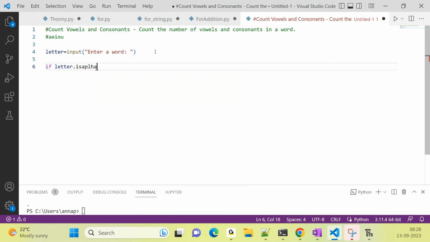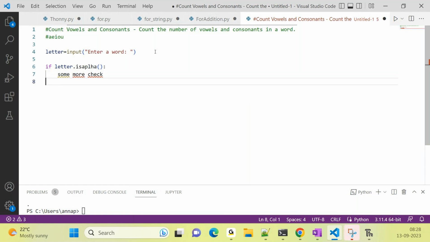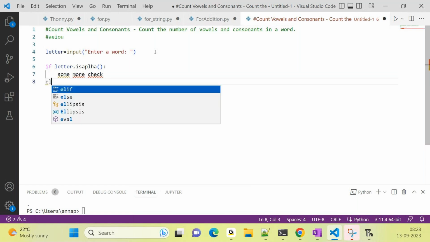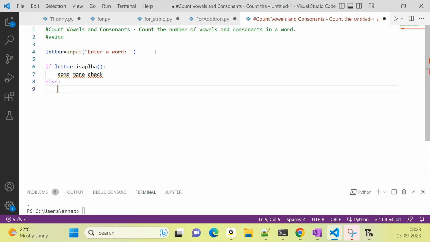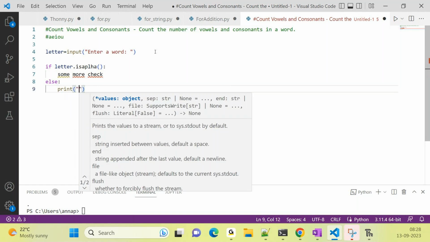It is going to tell whether the given letter is an alphabet, because I cannot find it in a number, right? And if so, it is going to do some other check. Else,